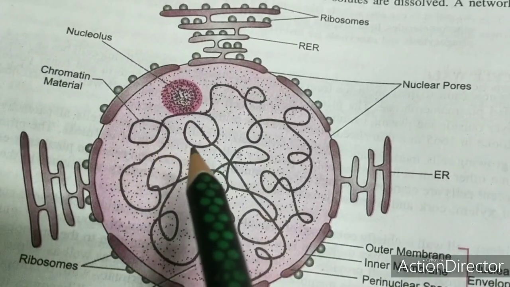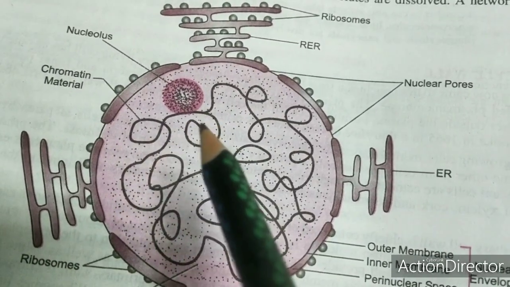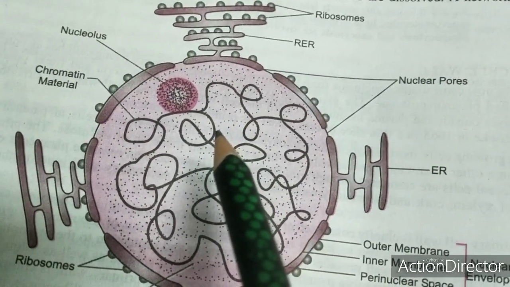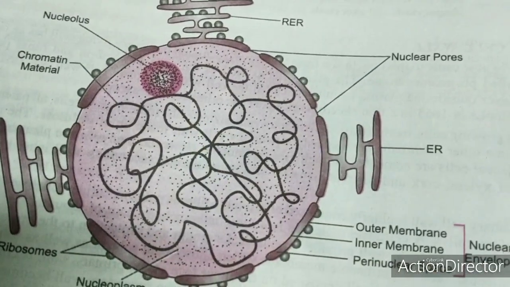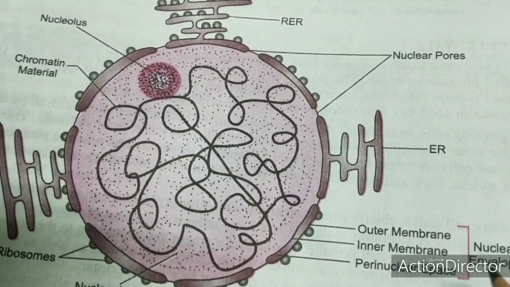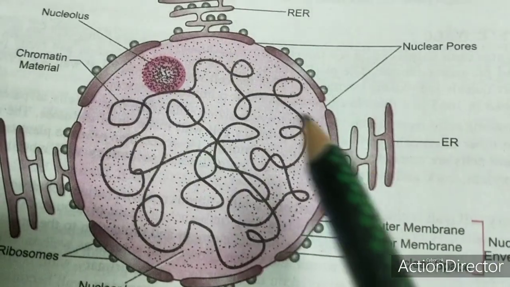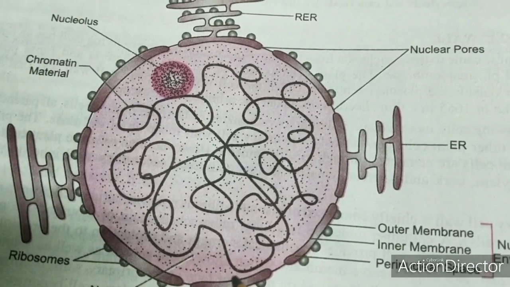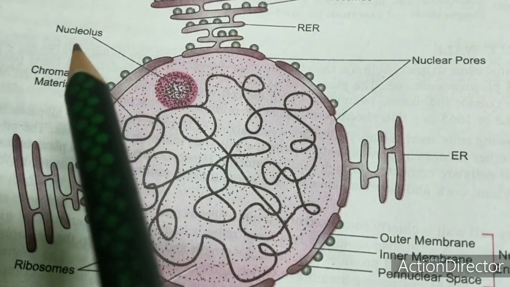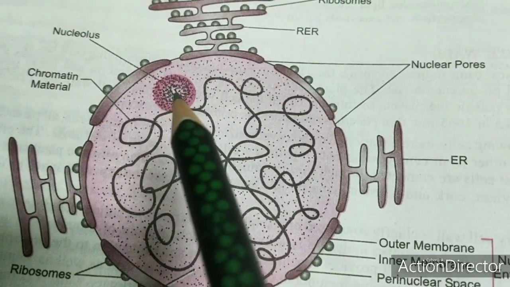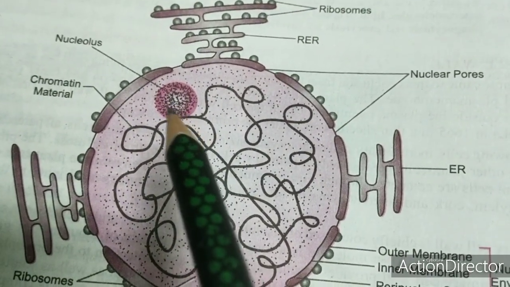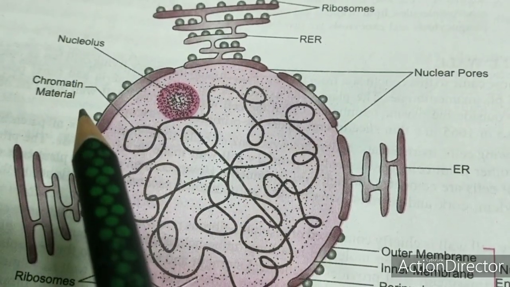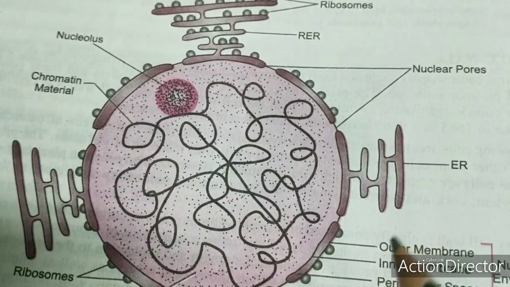So each cell has a nucleus, whether it is a plant cell or animal cell, and each nucleus has three important parts. The nuclear membrane or the nuclear envelope is shown here. It's a double layered membrane and it is same as the plasma membrane to the cell. The second important part of the nucleus is nucleolus, a dark spot inside the nucleus, and the third part of the nucleus is the thread-like structures known as the chromatin material. So these are the three important parts of the nucleus.